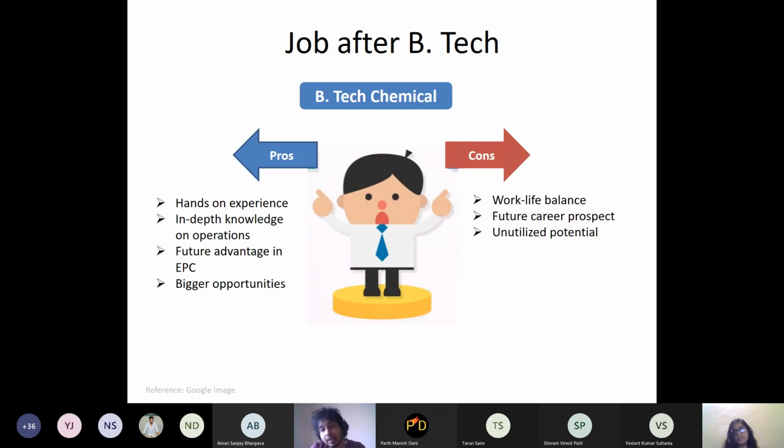But how will it help you in the future? Once you see those technologies working in front of you, the next point will be understanding how it helps and how they model this technology, how they develop this technology. That question will automatically come, and later in the course of your career, you may be attracted to a higher study to gain those additional skills, say for reactor operations.